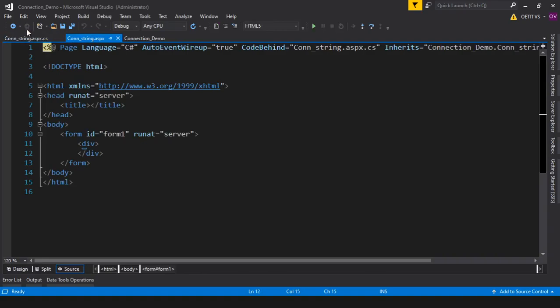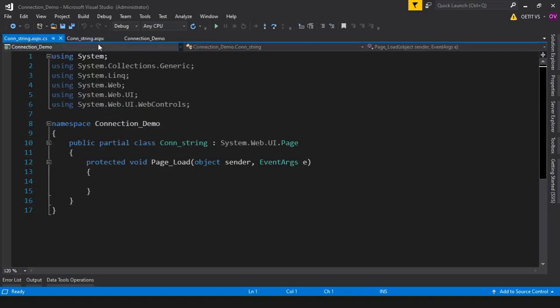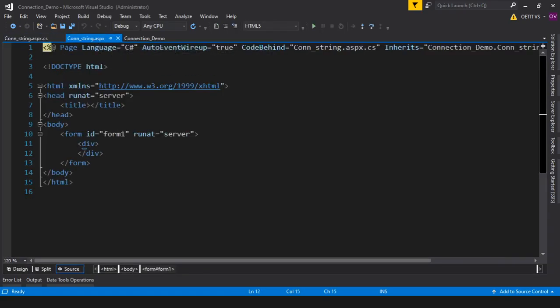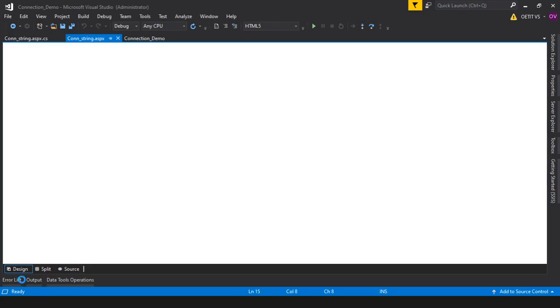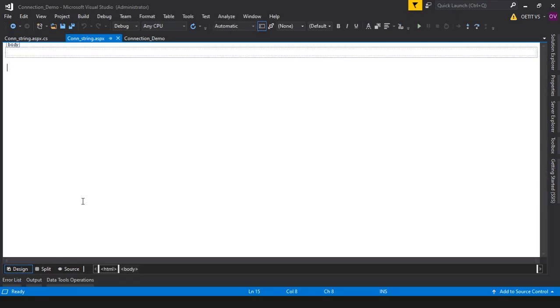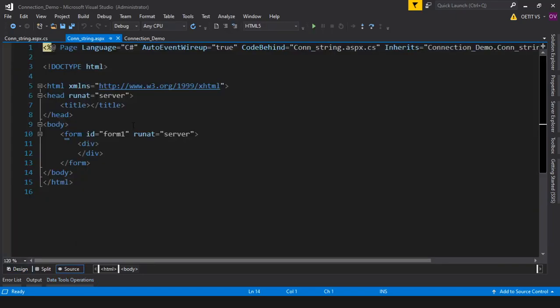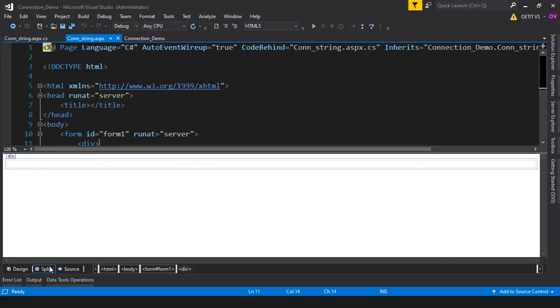This is designing, this is your application. You know it very well, students. When you are in your designing code, you will find the 3 views, and that I told you in the very first lecture, right? There are 3 views. This is your design view, right? So you can see the body here, so directly you can put the control. It is a source view. Here also you can put the control, no issue, right? And this is the split view, means both the things you can see together.